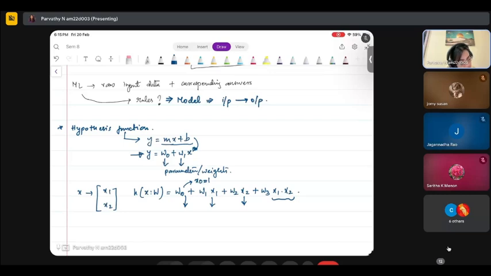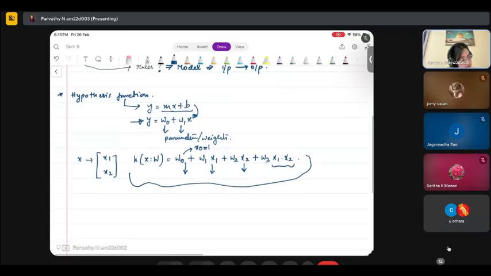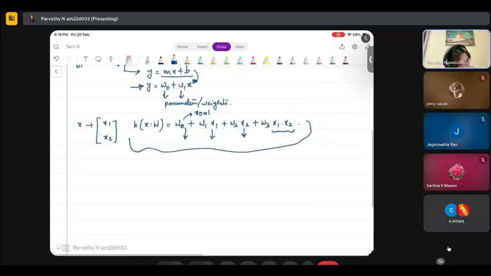So these four, w0, w1, w2, w3, are the unknown terms. They are not known initially, but the learning algorithm or the model will find them. So that is how this works. Now, in the video,